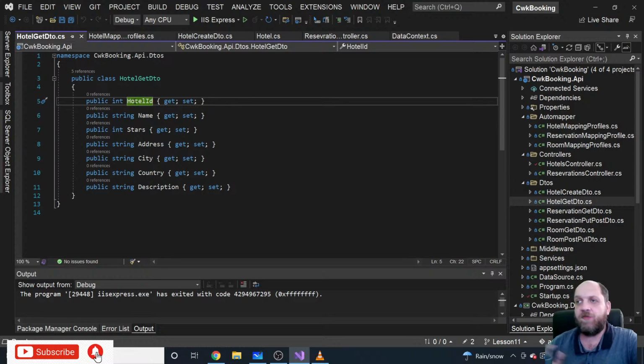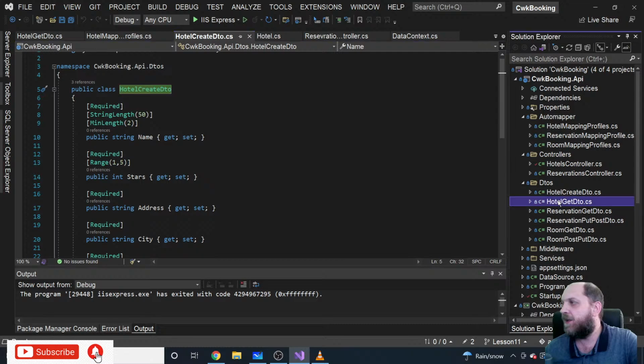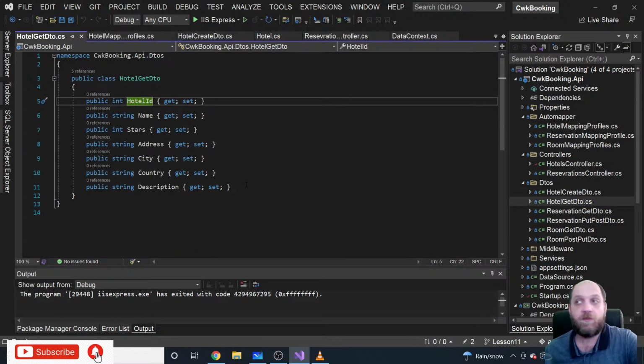So you see that we have two distinct DTO classes here: in this case for the create, and in this case for the get. And of course, you can create as many DTO classes as you need for each specific